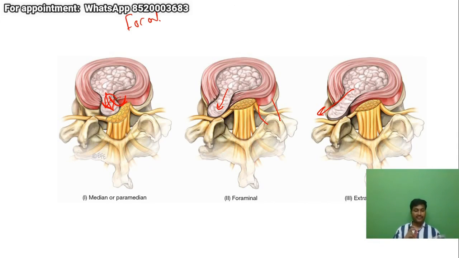Physioplexus Academy is asking, are MRI findings not reliable? MRI will have a number of findings, but you will have to correlate the MRI findings, that is the radiological finding, with the clinical finding. Suppose the patient has L3, L4, L4, L5, L5 findings, then you will correlate the radicular pain, the dermatome of the radicular pain, with the MRI findings. So MRI doesn't have a role without clinical examination. You'll have to correlate both of them.